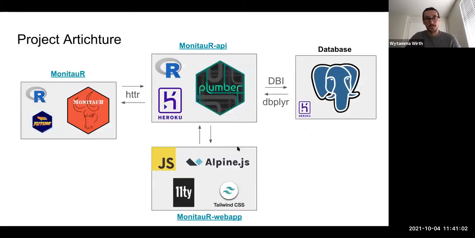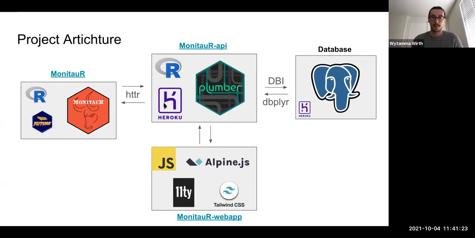So yeah, this is sort of like the overall project architecture. It's actually 3 different projects. So there is MonitauR, the one that you use in R. There's a web API, which is running on a Heroku server. And so Heroku is like